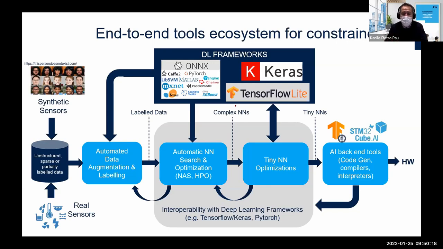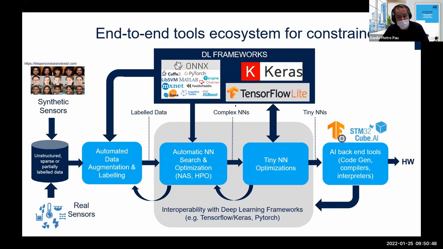Then I need automatization everywhere. I need to automatize the data labeling and the data augmentation process, because handcrafting a data set manually is the greatest part of a project, 80% at least, if not more. Without counting the update of the data set thanks to the field trial findings. Then I need to apply automatically NAS and HPO, which we saw is a very complex task.